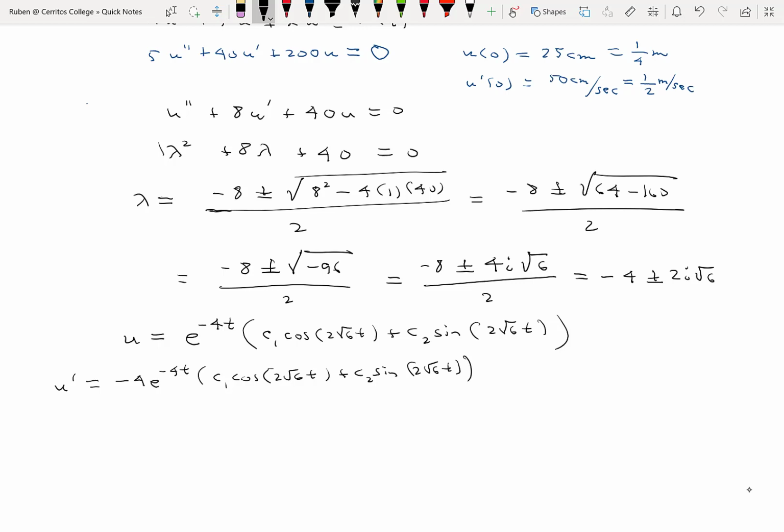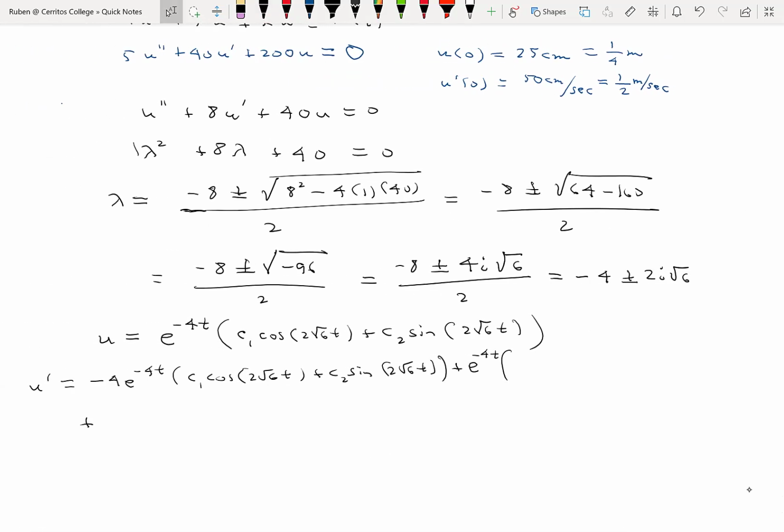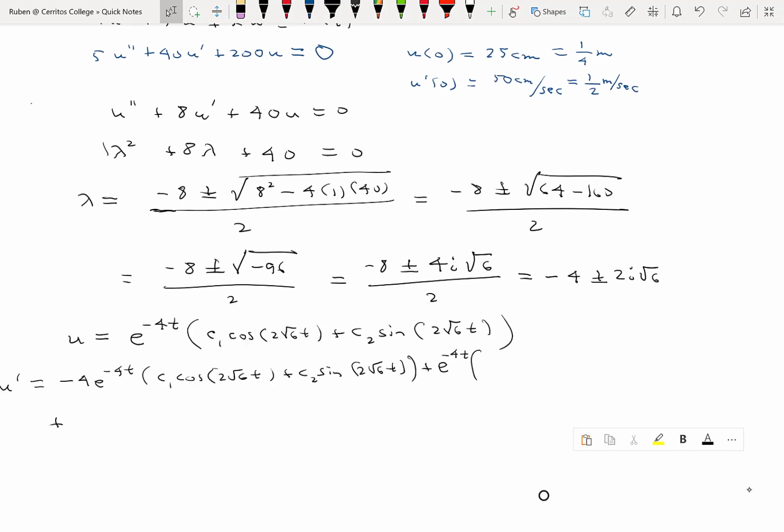So there's the derivative of the first times the second, plus the first function, e to the minus 4t, times the derivative of the second. So the derivative of the second, the derivative of cosine of 2 radical 6t, is minus sine of 2 radical 6t times 2 radical 6 by the chain rule. So minus 2 radical 6 c1 sine of 2 radical 6t